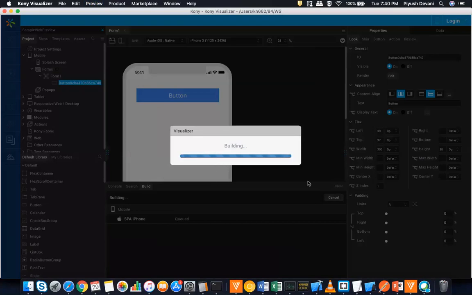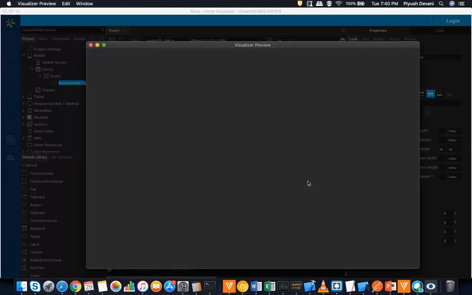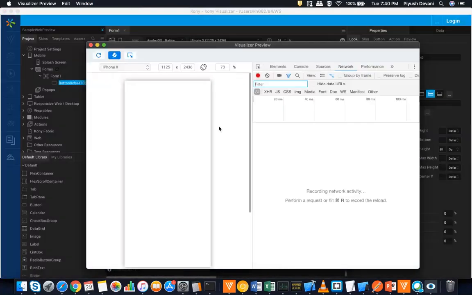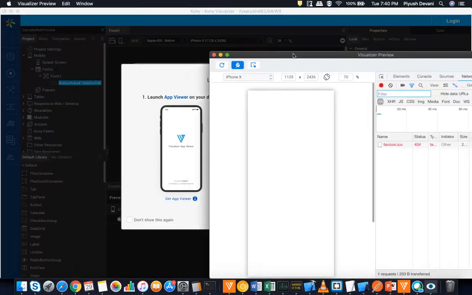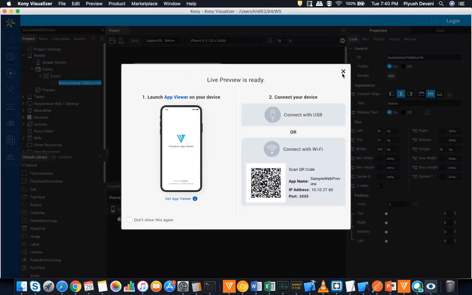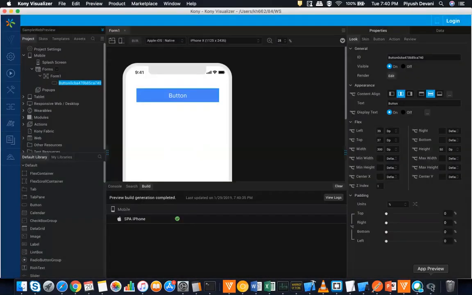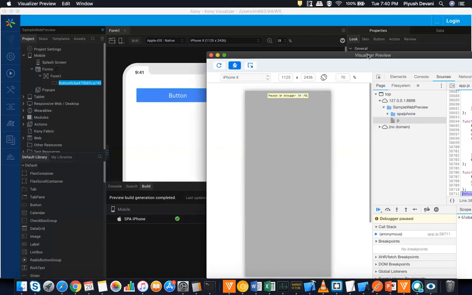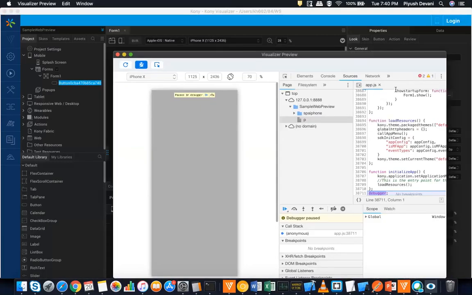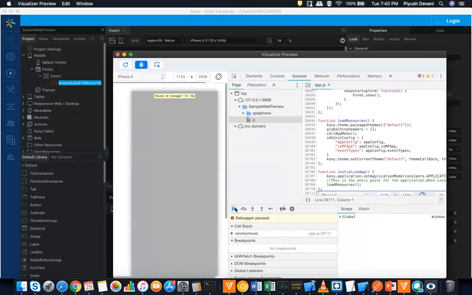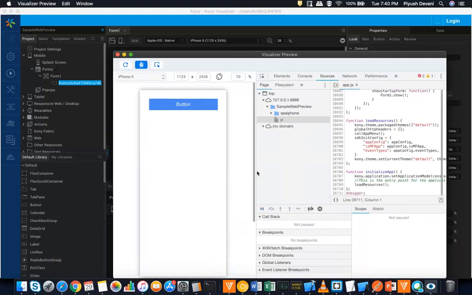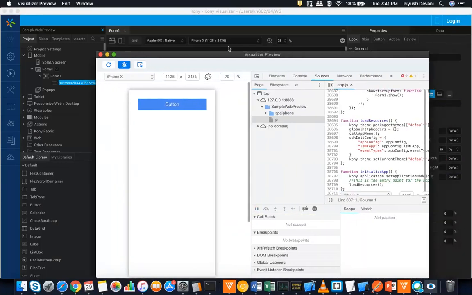So this preview build just builds the app locally and launches it on your simulator. Okay, it has paused in debugger because I built it in debug mode. So here for the web channel you can see there is a Chrome debugger view where the user can debug the app instantly. So this is a new feature in SP4